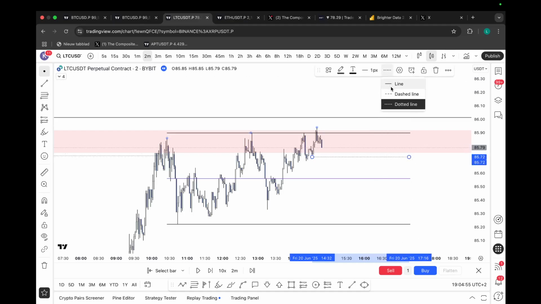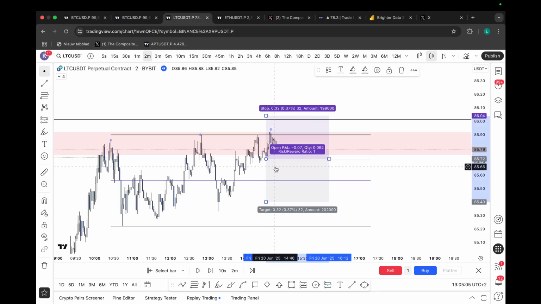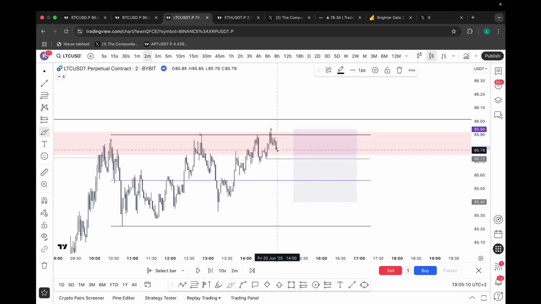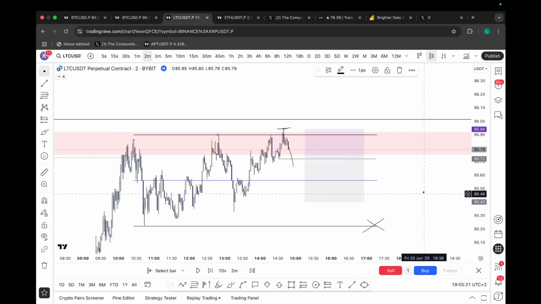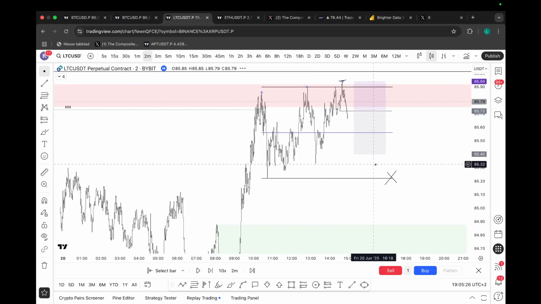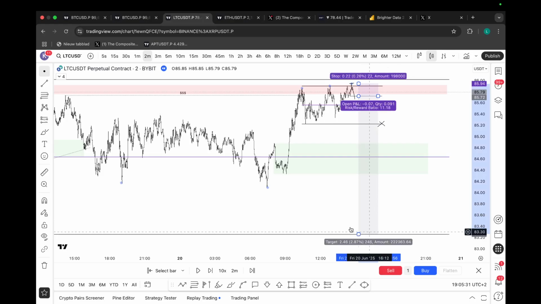Okay, so right there we got that market structure low, following the market structure of the second tab, lowest point between tab 2 and tab 3 up towards that third tab high. And we simply need to wait for some sort of a break of structure right here, where if price starts breaking this market structure low, that confirms this TCT model 1 distribution, and price should not go above that third tab high and has an order flow objective of coming towards that low time frame range low. But because we're in a higher time frame distribution model, we can potentially extend that take profit target all the way back down to the high time frame range low.